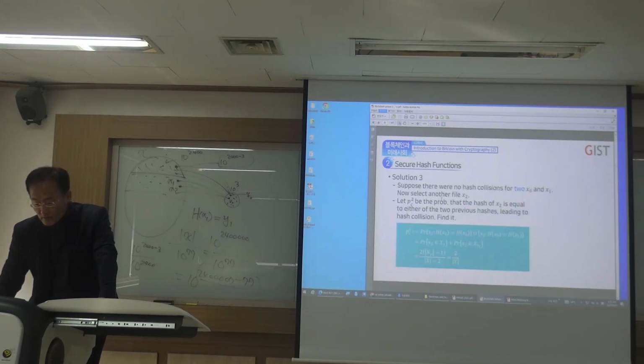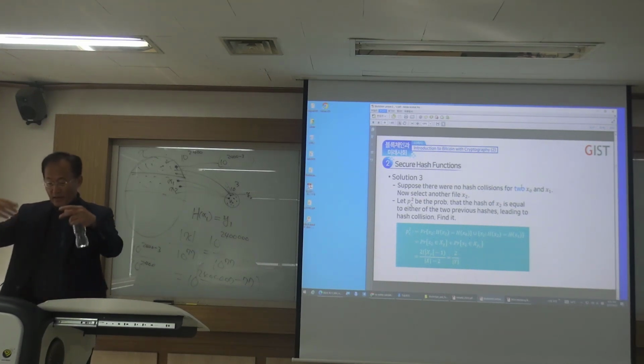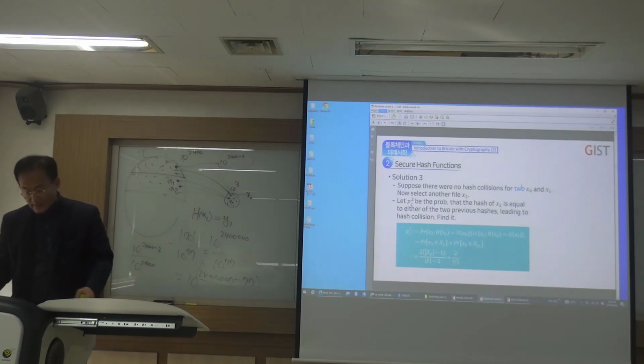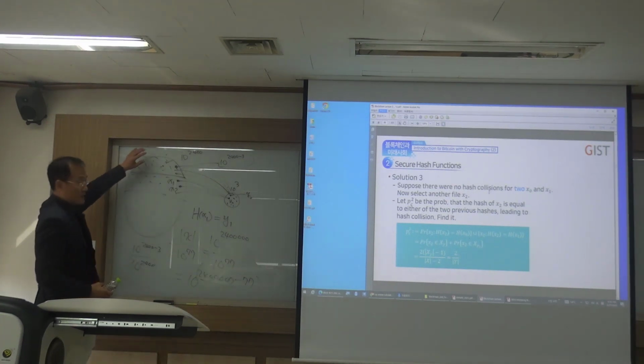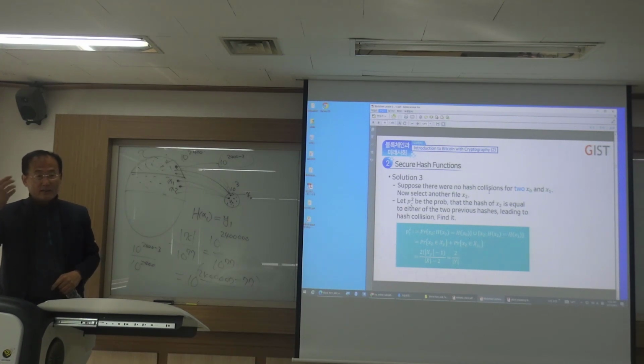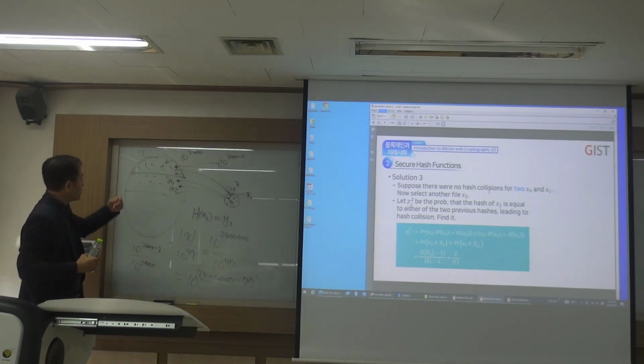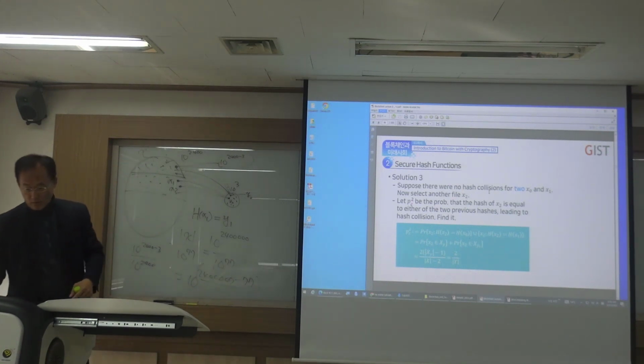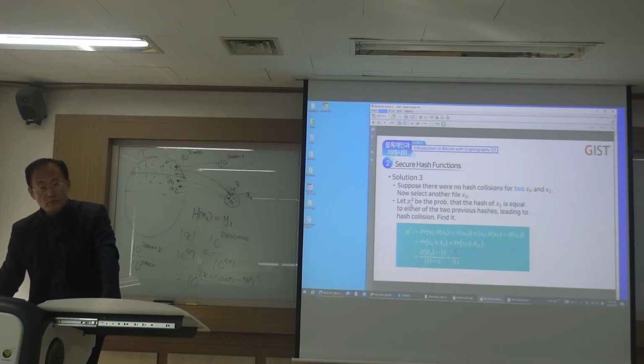And then now I am progressing to 2 previous outputs. x0, x1 have been selected, but there has been no collision, right? So no collision. So what am I doing? I am determining 2 different pre-image sets, right? And then selecting the third one. Then what is the probability that this third one belongs to either that one or the other set? So all I have to do is 2 divided by the output set size. Okay? And so